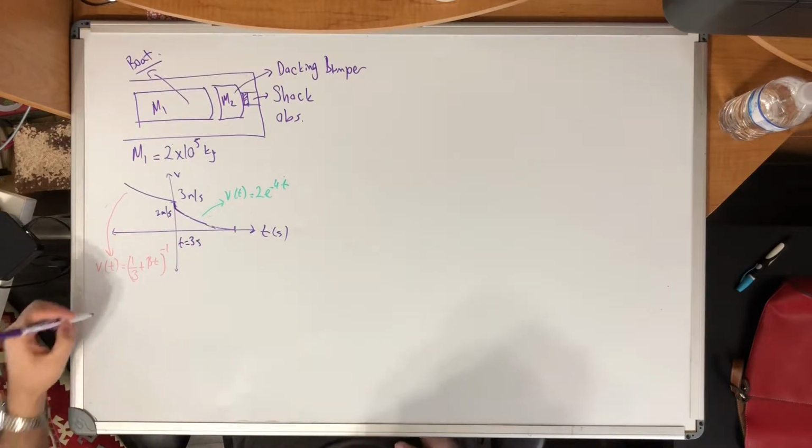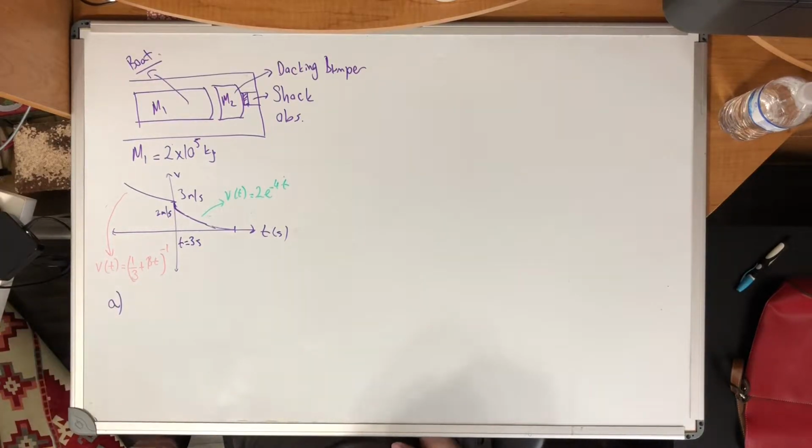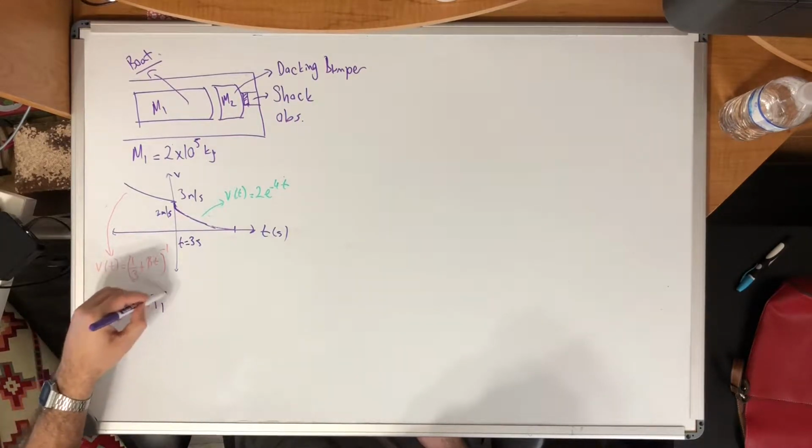In part E, they say the boat and the docking bumper hit, and after they hit, they are going with 2 meters per second. It's an inelastic collision, and they are moving together, so that makes it a perfectly inelastic collision. So then we will just have our